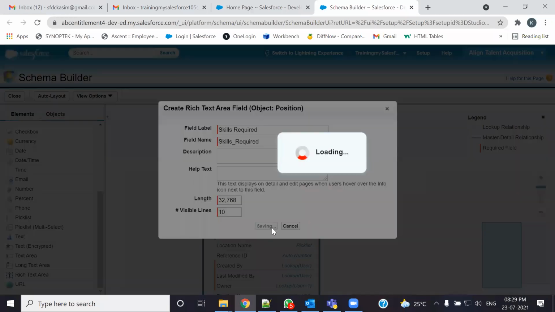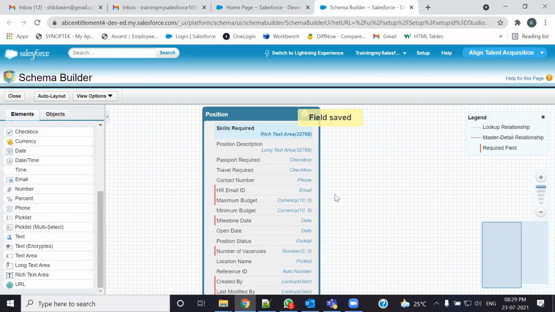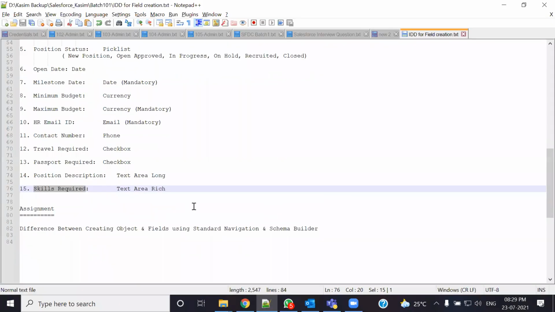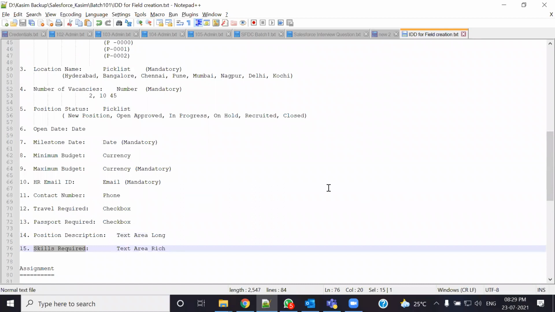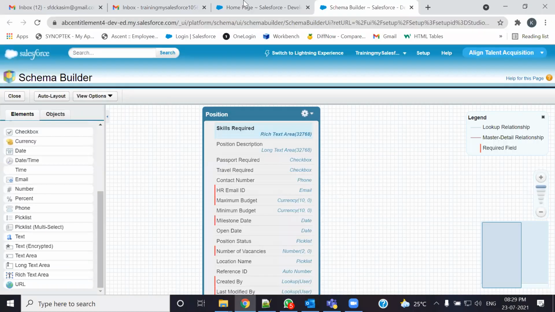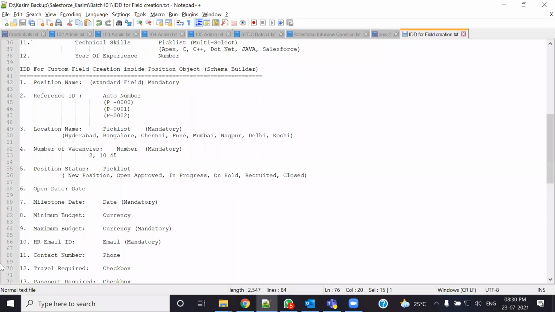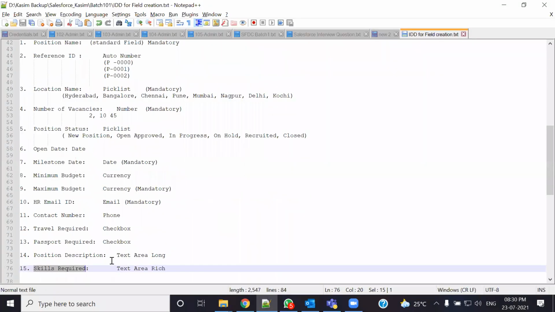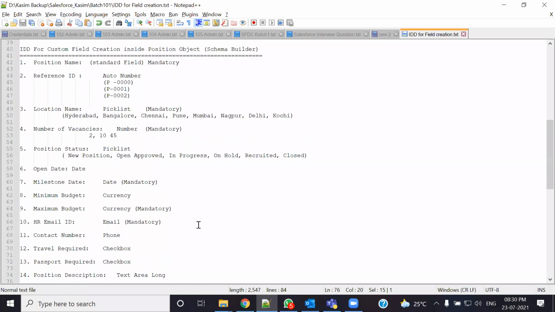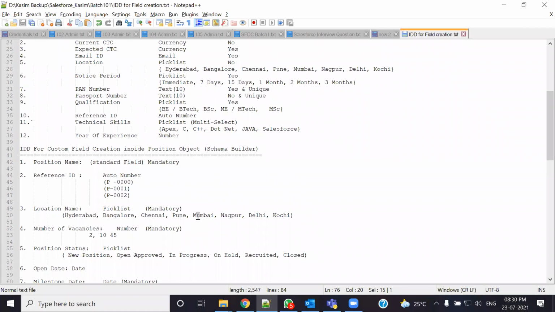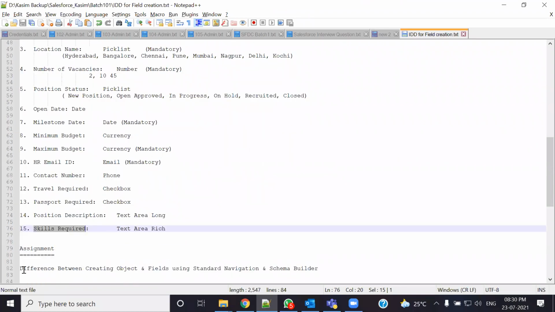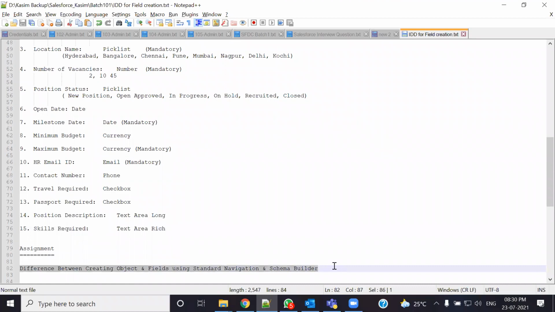Writing plan, done. So we have created all these fields. Now is the time to go and verify. Go to this position object. How many fields have we created? We have almost created 15 fields. So if you write the difference between creating an object or a field using standard navigation and schema builder,